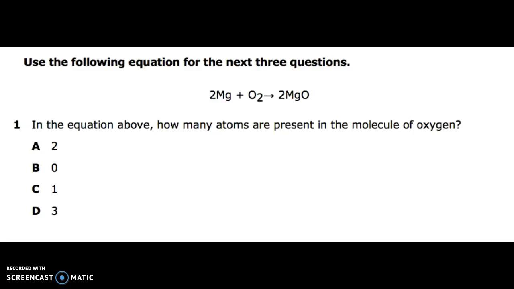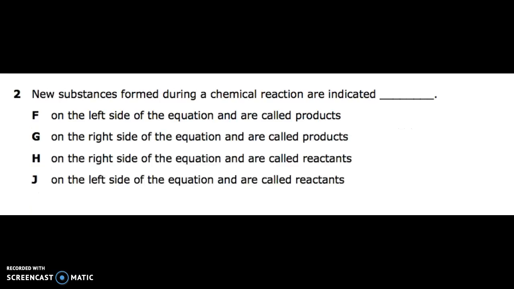2 Mg plus O2 yields 2 MgO. Number 1, in the equation above, how many atoms are presented in the molecule of oxygen? A, 2. B, 0. C, 1. D, 3. Number 2, new substances formed during a chemical reaction are indicated F, on the left side of the equation